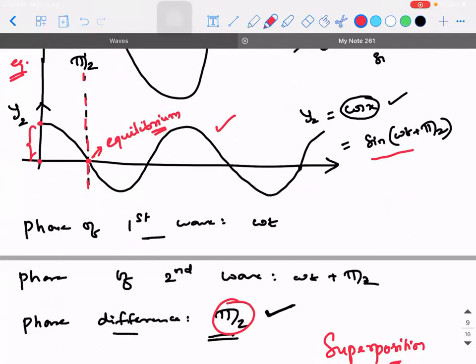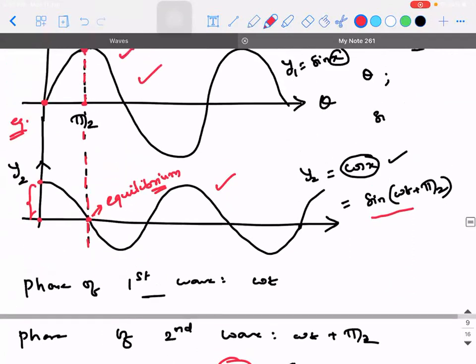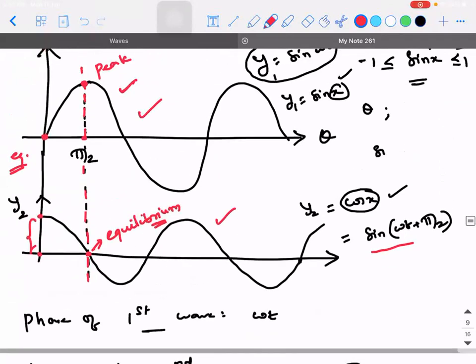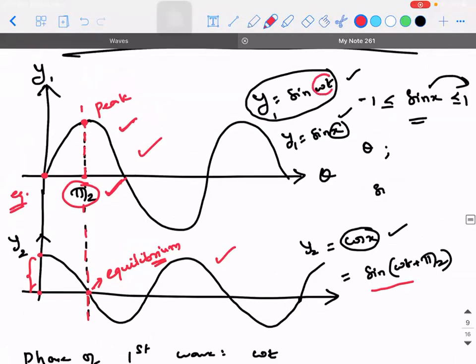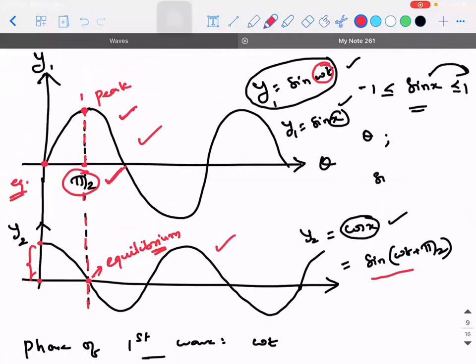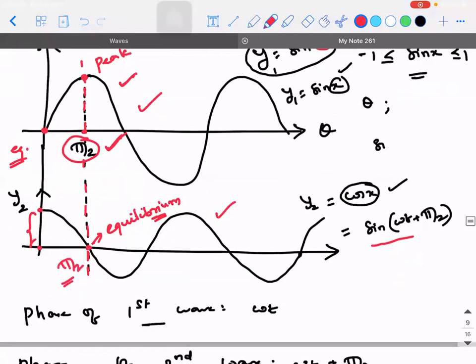Sir, in the first wave, the theta is in the form of radians, pi by 2 only, no, sir? Then why should the phase of the first wave be pi by 2? No, pi by 2 is only one instance. Phase should always have a time in it. Omega into t is what is phase. Sir, at the same instant, pi by 2 is present in the second wave also, no? What can you say about its position?